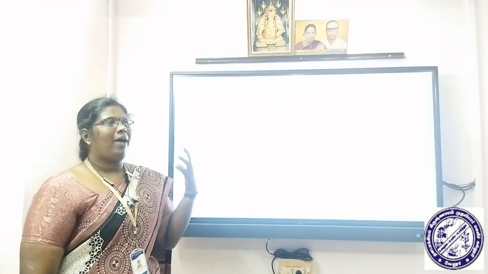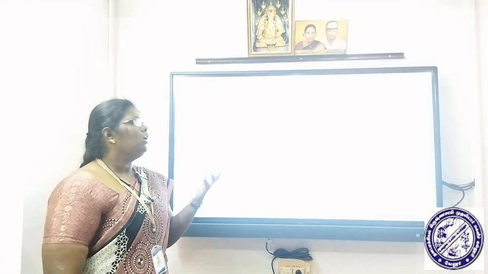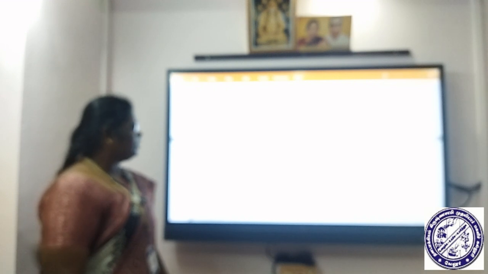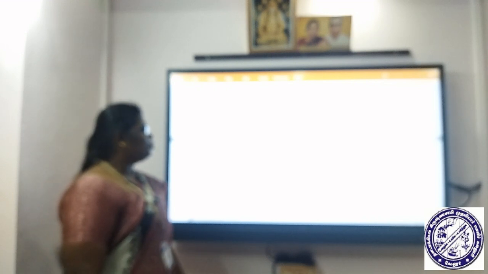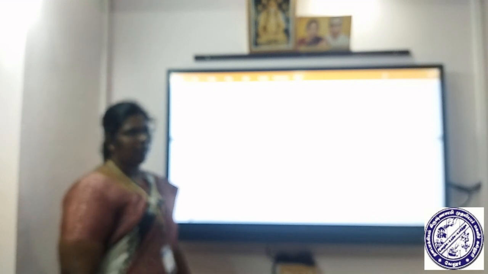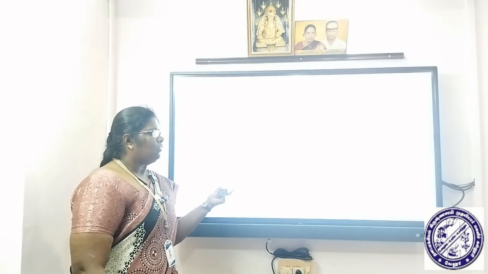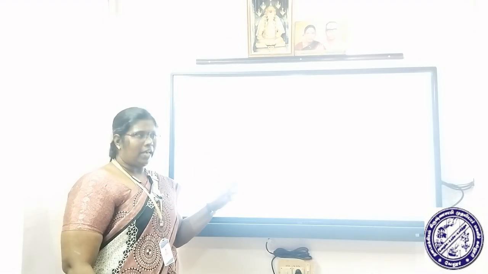So what is a financial statement? It's nothing but the balance sheet. The balance sheet has assets and liabilities, and they should be interpreted through ratio analysis. Ratio analysis involves the process of computing, determining and presenting the relationship of items or groups of items of the financial statement. So in ratio analysis, two variables are there, that is, the financial statement related to the balance sheet, liabilities and assets.